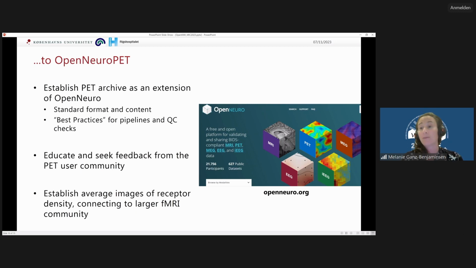And if we share those average receptor density maps, they will not only be useful for the PET community, but they will also actually open the eyes of some people in the fMRI community. For example, if we need to define an fMRI region of interest, should we actually define it based on a certain receptor density instead of an anatomical region? So going back to really making function work together with function, so PET and fMRI, instead of just relying on structural information for fMRI analysis.